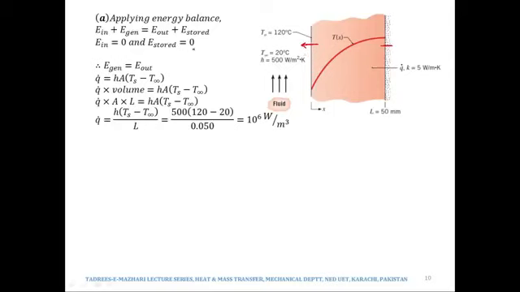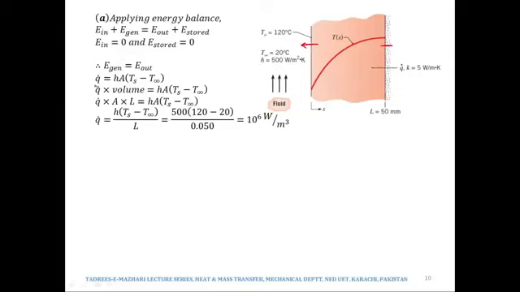and E stored will also be 0 because we were told in the problem that the system is working under steady state conditions, so therefore E stored would be 0, dou T by dou t would be 0. So we will be left with E generated on the left hand side of the equation and E out on the right hand side of the equation. Now E generated is Q dot,